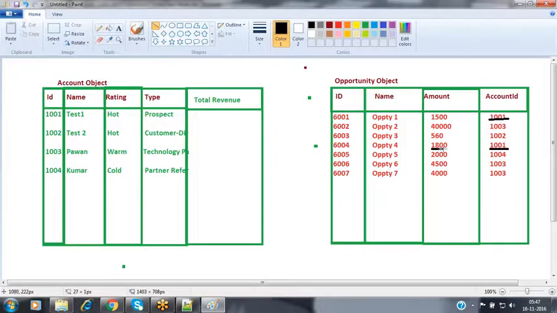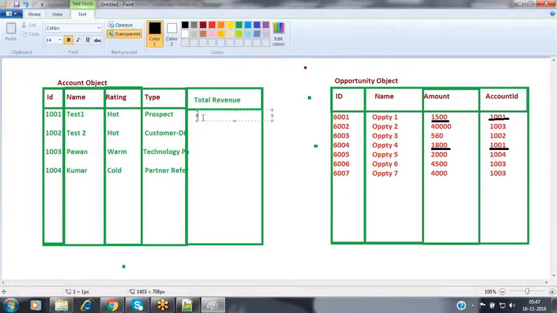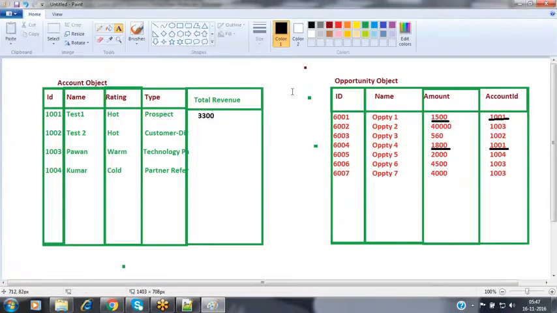The first time he gave the opportunity to generate an amount of 1500. The second time he gave the opportunity to generate an amount of 1800. In total, the amount value is 3300. So I want to show this value as 3300 over here, nothing but the total revenue we have generated as of now is 3300.